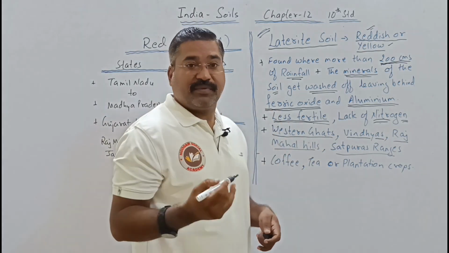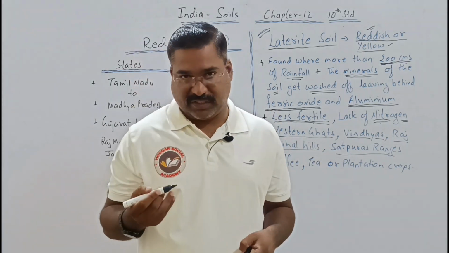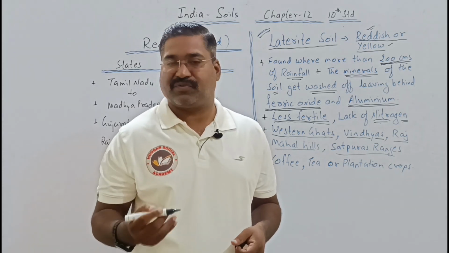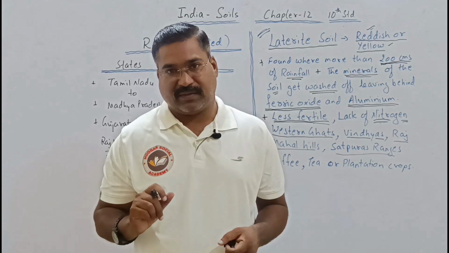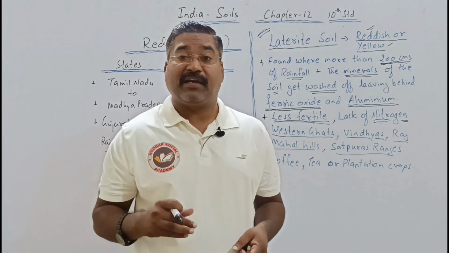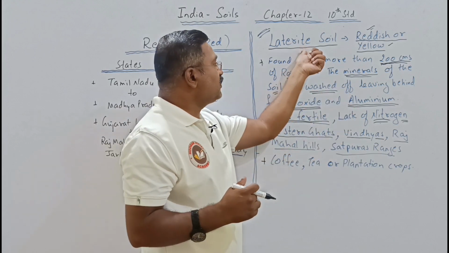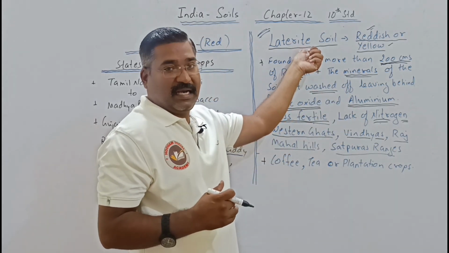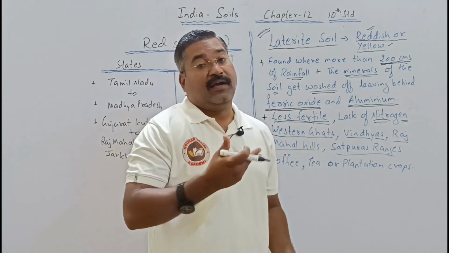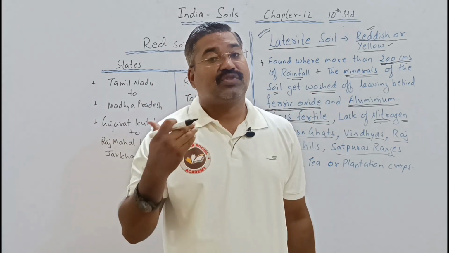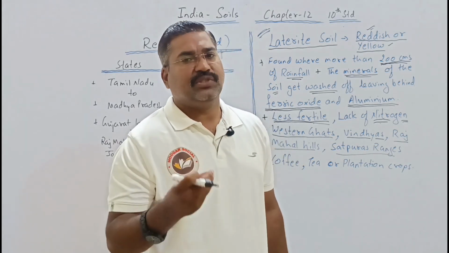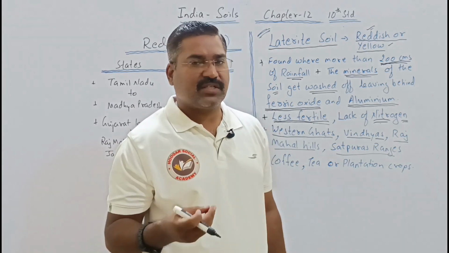But this soil is used for construction purposes. Laterite soil is mainly used for construction purposes. It is used, for example, for making bricks and making pots. We can use the soil called laterite soil. Moreover, it doesn't mean that this soil is totally waste soil. This is also good soil, but due to lack of nitrogen and minerals,